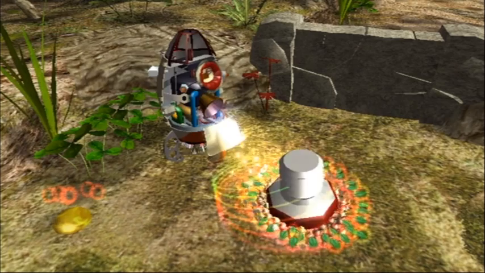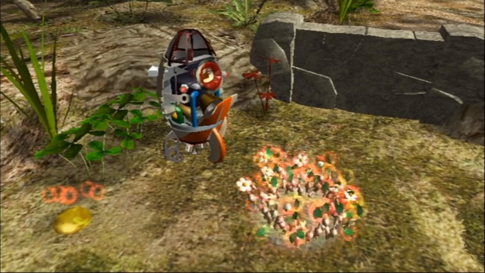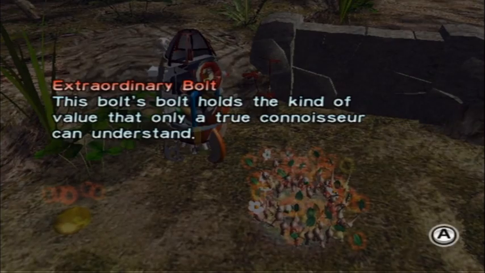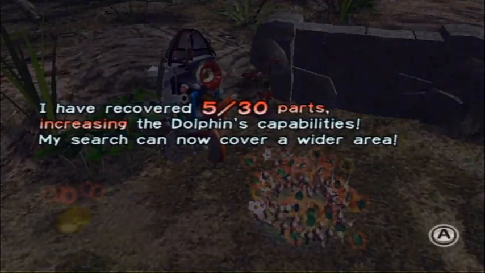Actually, it's still not as bad as I had a failed recording of this, where I didn't get any nectar from either of those. That was really frustrating. Alright, well, I finally got the extraordinary bolt back, and now that we have 5 ship parts,